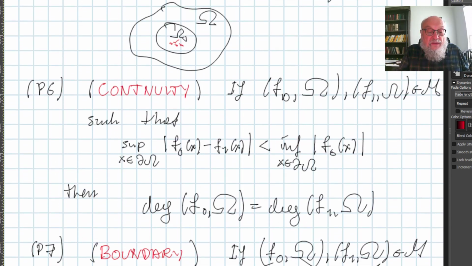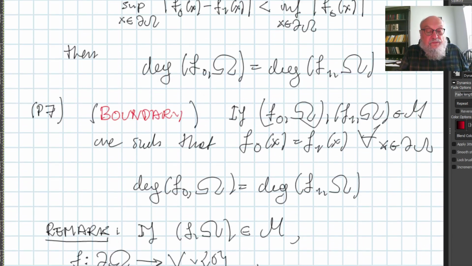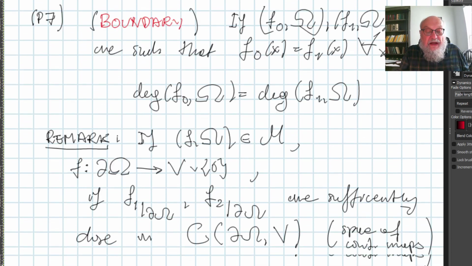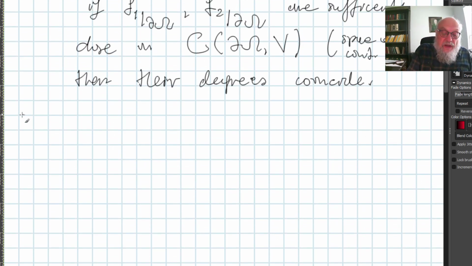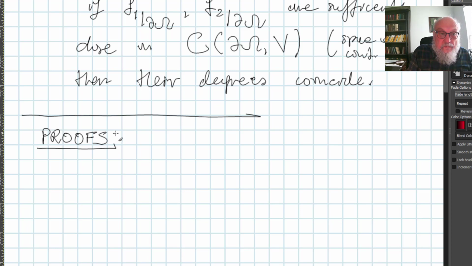Then their degrees coincide. So this is 7, let's say, well, now we have 7 properties, maybe indicate the proofs very quickly because they are all trivial. So the proofs are very simple. So if you go to the P4, so of course you notice that if you write it down, degree of